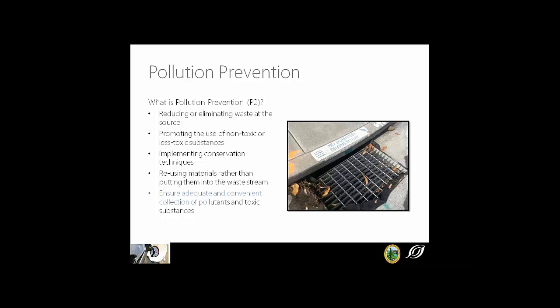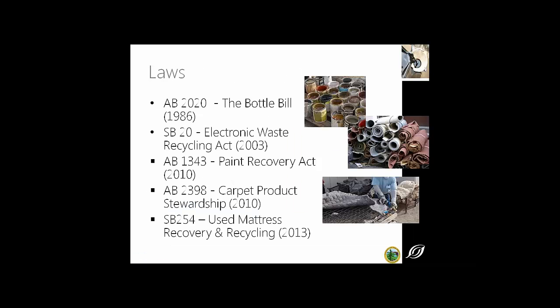And that's one of the biggest issues, is that California estimates that only about 10% of household hazardous waste is actually disposed of properly in California. So understanding which materials and which products do pose an environmental threat, and then making sure that people know how to dispose of them properly and where they can do that is so important. We also need to make sure that there's adequate legislation to look at these materials as well, because when they're not handled properly, obviously we recognize that they do pose an environmental threat.